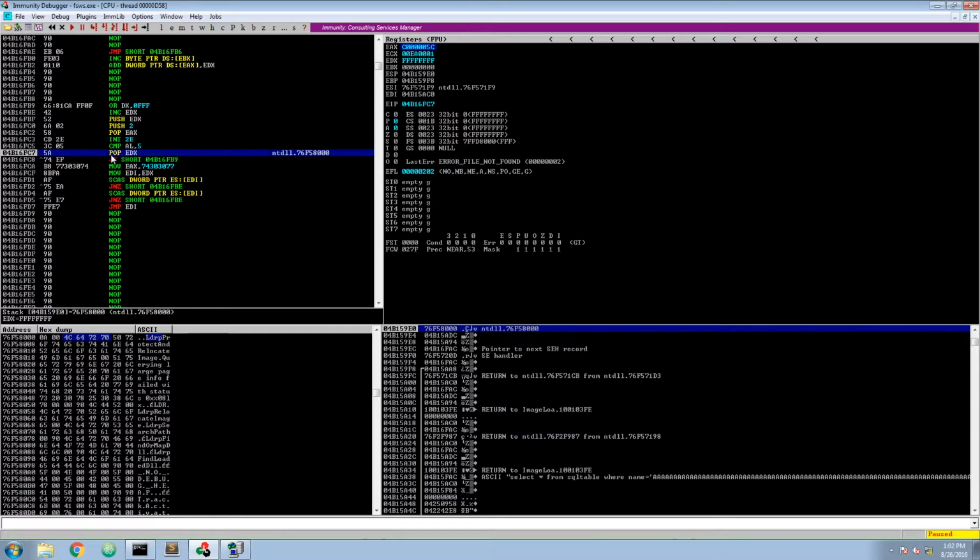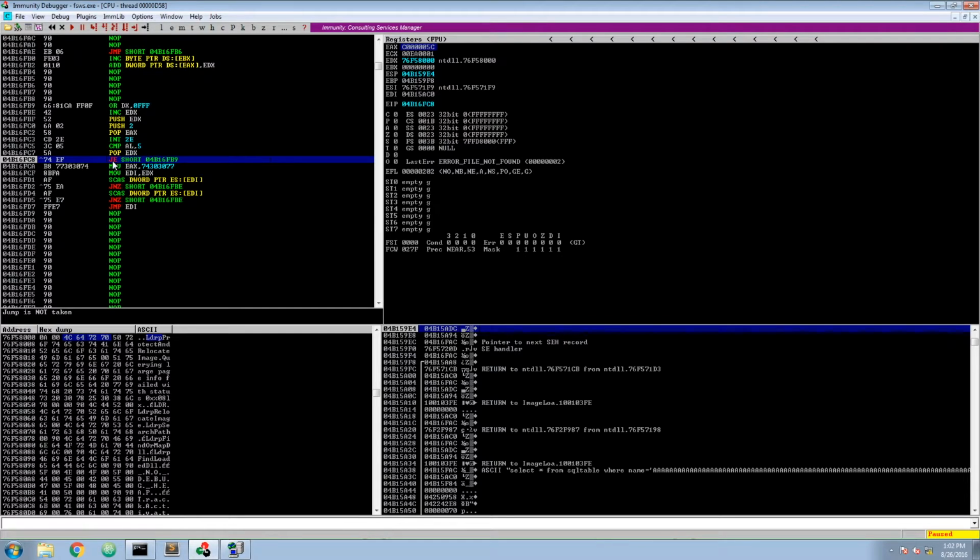What we do next is restore our EDX, so we pop EDX, and if the value was equal to 5, we would jump back, increase EDX by 1, and try again. In our case, EAX is not 5, so we won't take the jump. Next we take our egg, WOOT, and move it into EAX. We move EDX into EDI. And now we compare these two values, so we compare EAX and EDI.